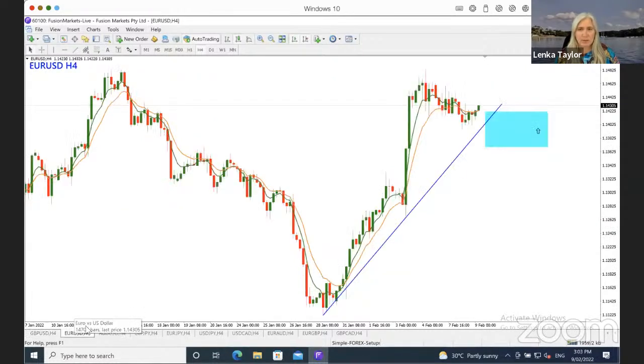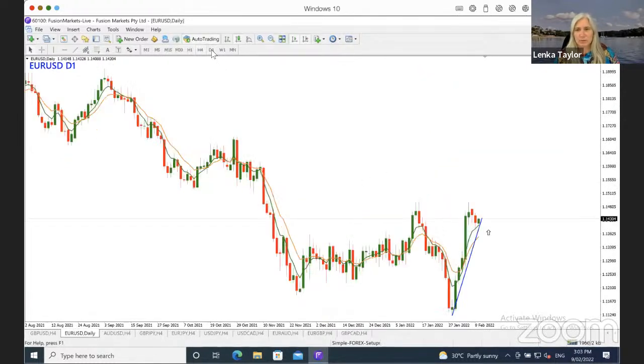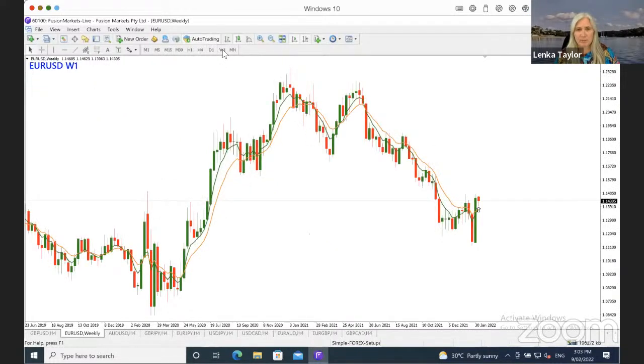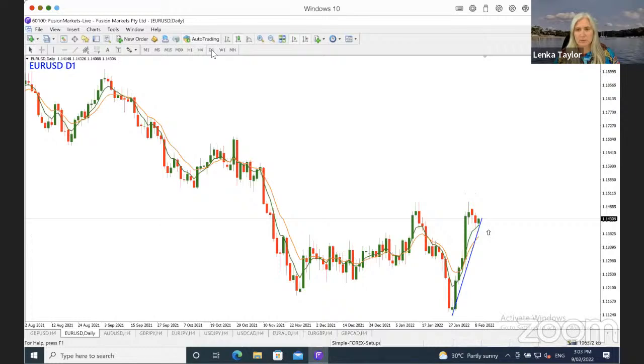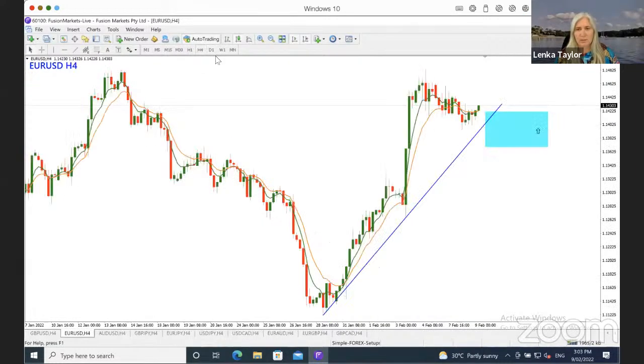Next currency pair I'll be looking at is EURUSD. Now this one is also a long, but we do have some upcoming resistance. So I'm not as confident with this trade because I don't think there is enough room. So I will not be entering this trade,